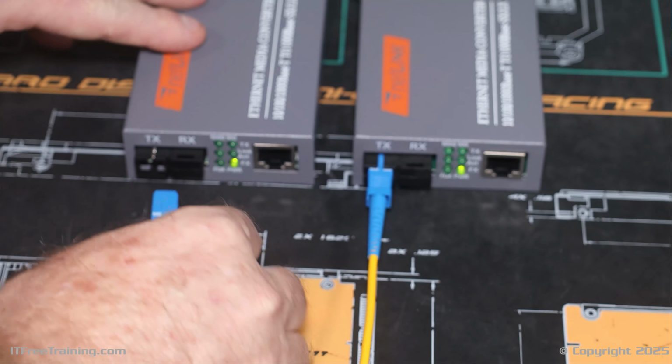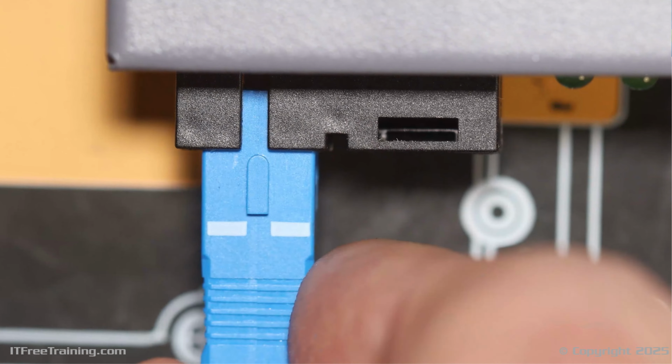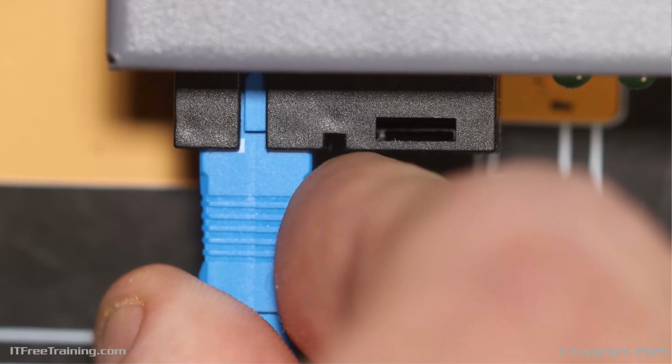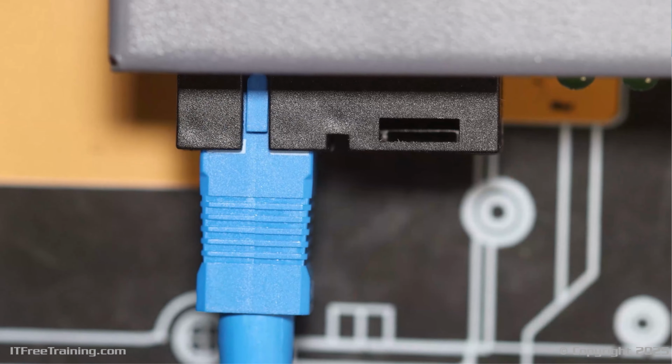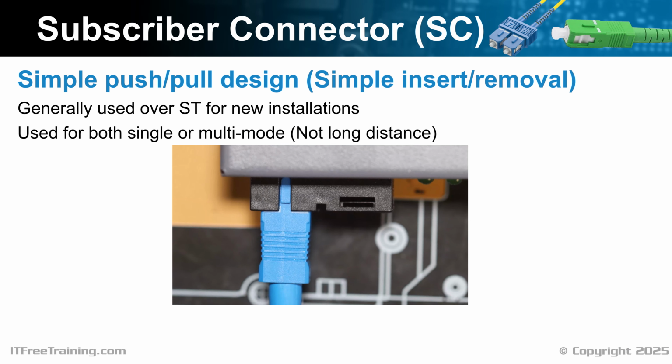To install, just insert the connector into the fiber optic plug. This is much easier than the ST connector, and you can see why it is replacing the ST connector. The connector comes in single and double versions. In our demonstration, we only need the one, but if you are connecting to a device like a switch, it will most likely use two fiber connectors. Using two cables allows for more speed compared to using a single fiber cable.